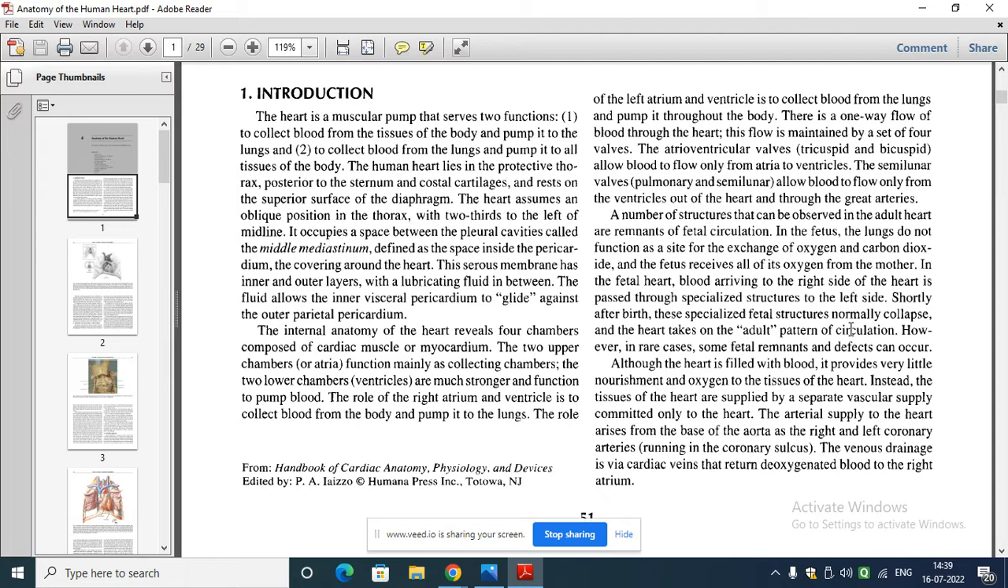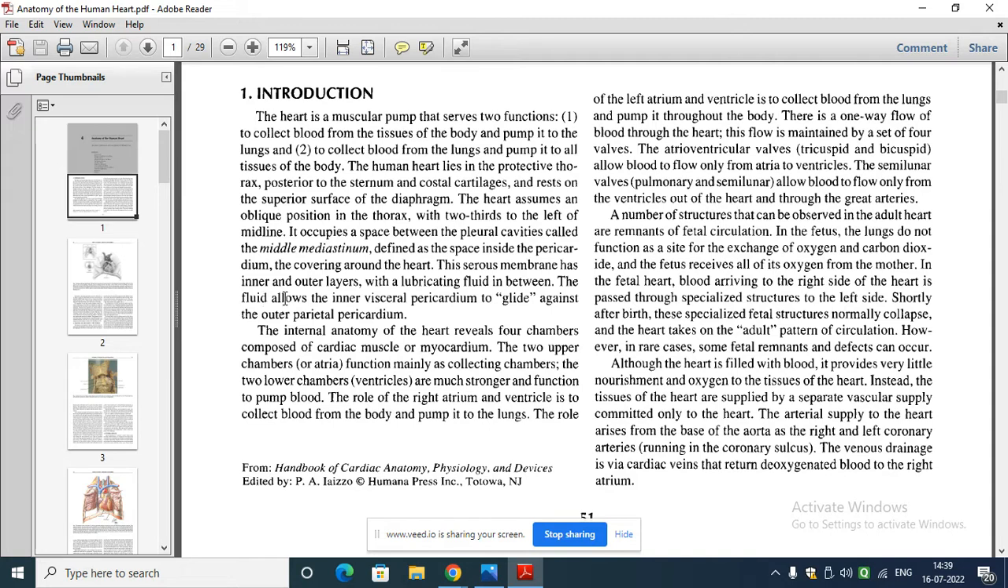It occupies a space between the pleural cavities, called the middle mediastinum, defined as the space inside the pericardium, the covering around the heart. This serous membrane has inner and outer layers with a lubricating fluid in between. The fluid allows the inner visceral pericardium to glide against